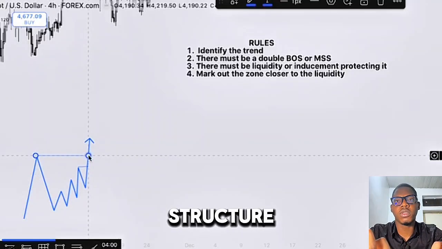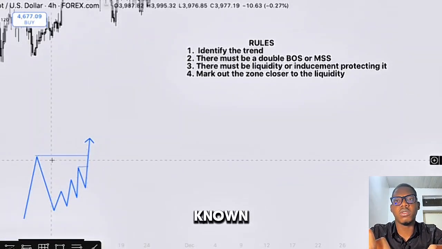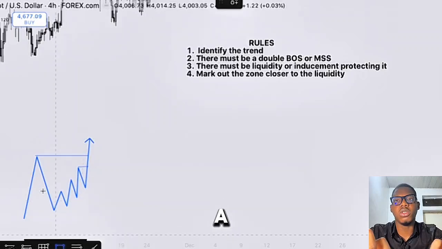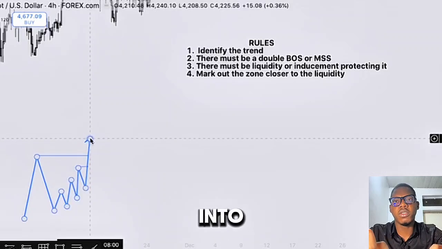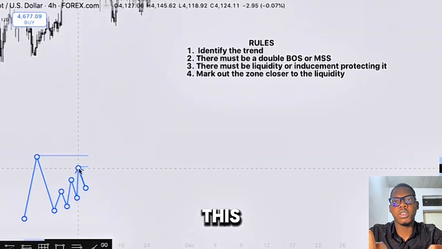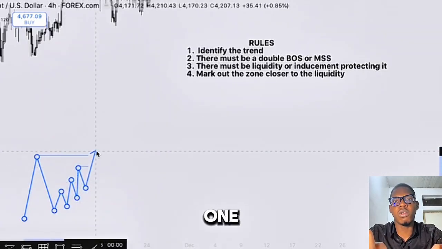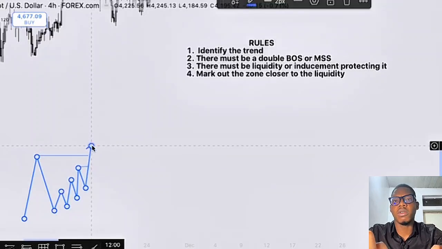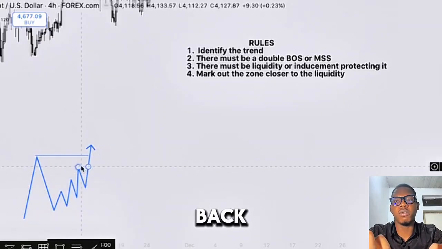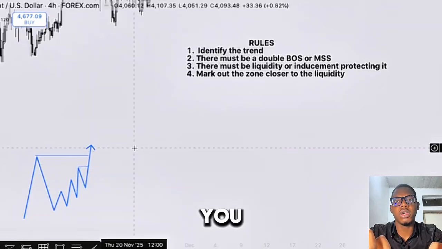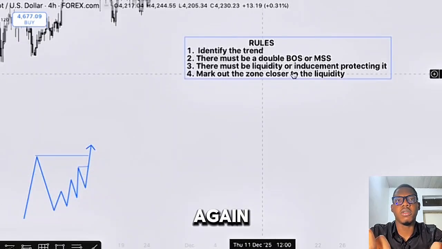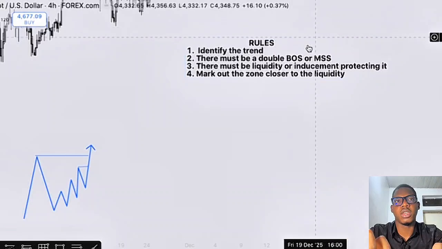And came here to form another break of structure. So this is known as a double break of structure. So you see, price came into this level right here and broke this one and broke the second one at the same time, without pulling back, forming a double break of structure. You get the same thing again for